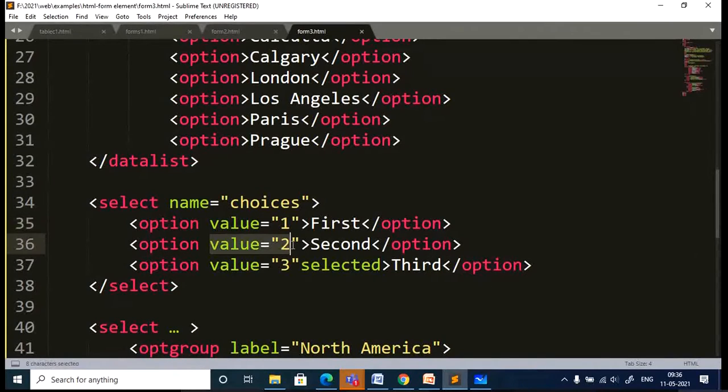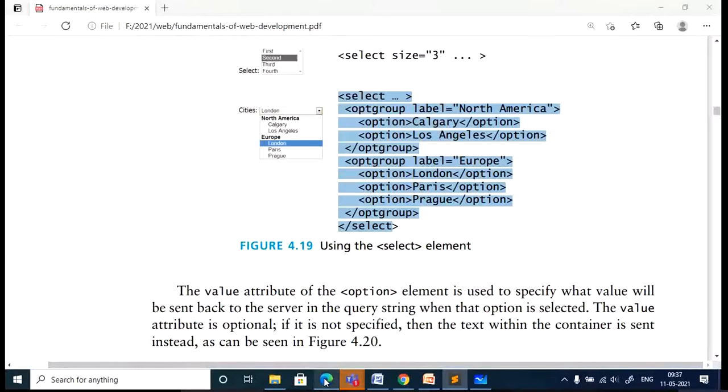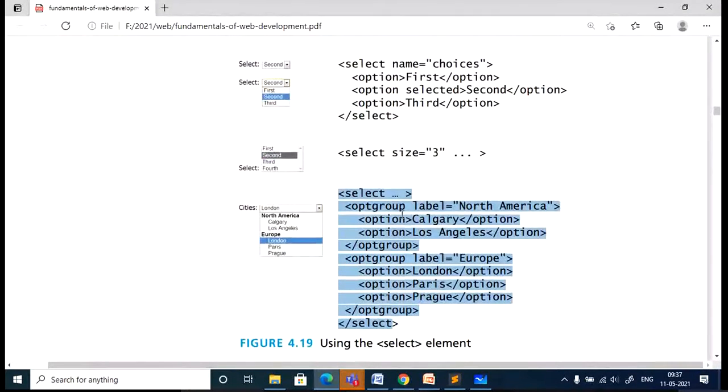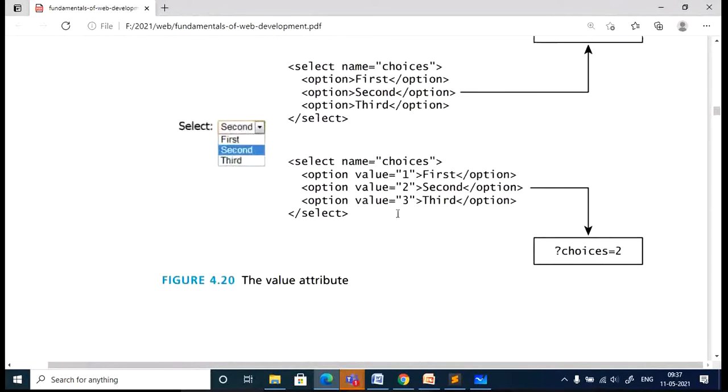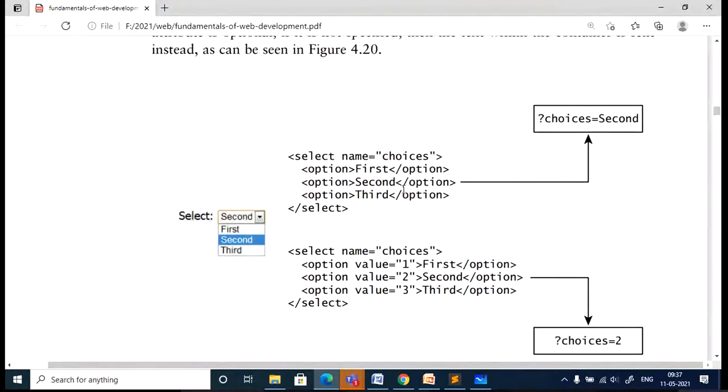That value will be choice equal to 1, 2 or 3, it is going to submit. So let me just show that option. Okay, you can just see. If you don't give it directly, it will take the name of the option. Can you see here?